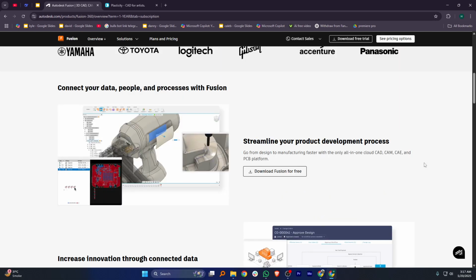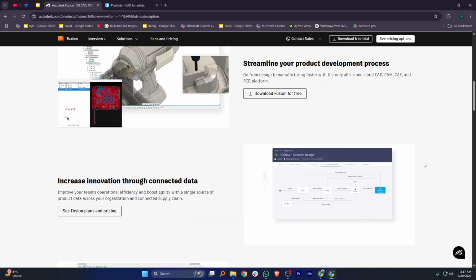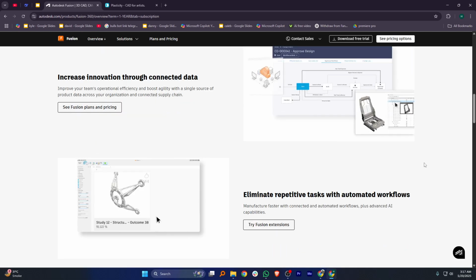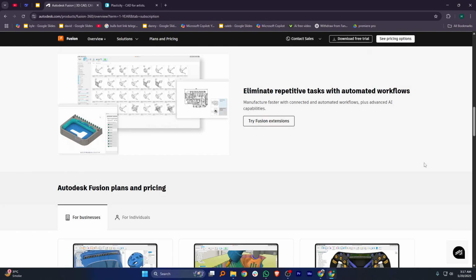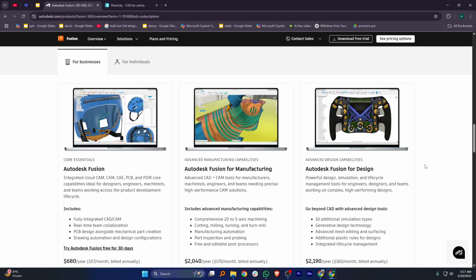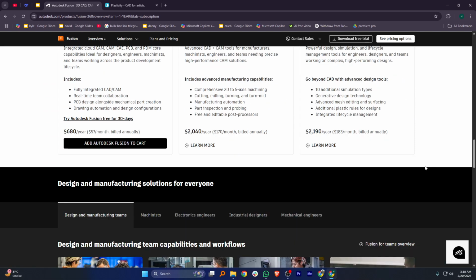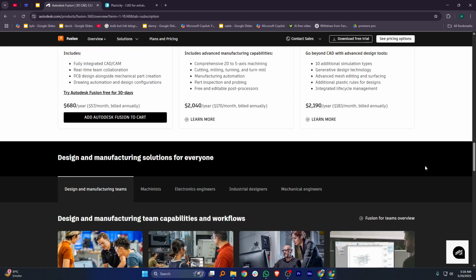You can do parametric modeling, simulate stress tests, generate toolpaths for CNC machining, and even collaborate with team members in the cloud. Fusion 360 is packed with features and is ideal for technical and industrial use. However, because it offers so many tools, it can feel overwhelming for beginners and may be more than